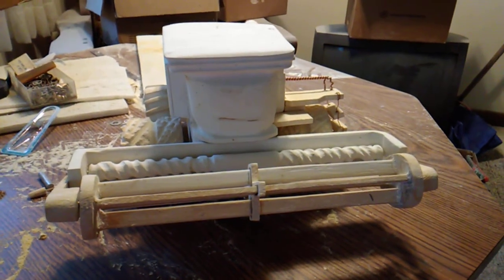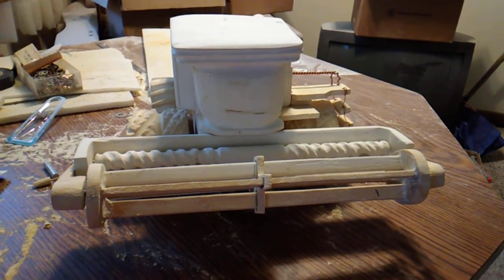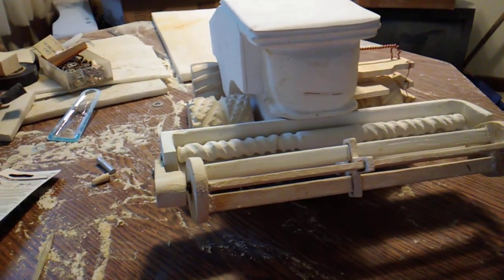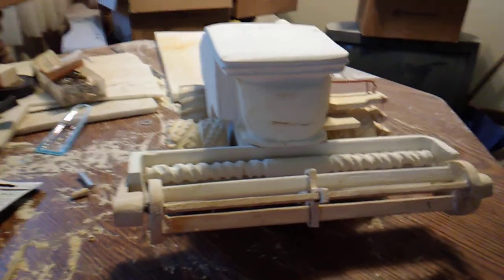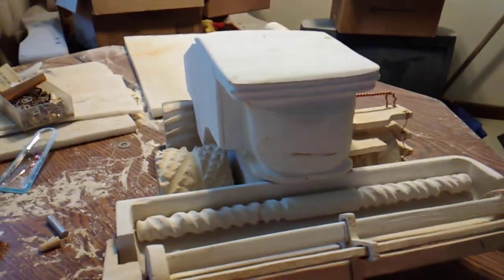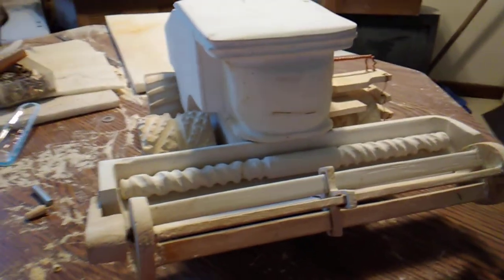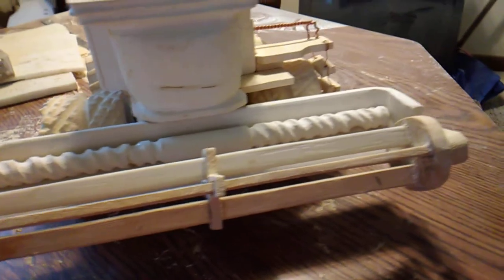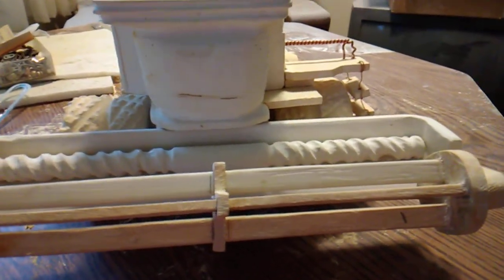All right. Welcome to the end of the line. This, except for getting my hand out of the camera again. Anyhow, well, here's the deal. It is all together, yes,